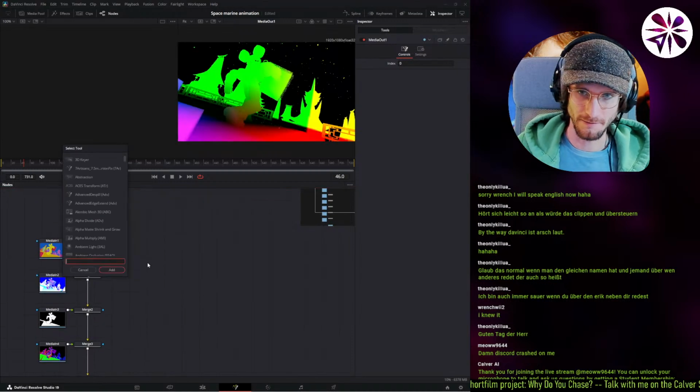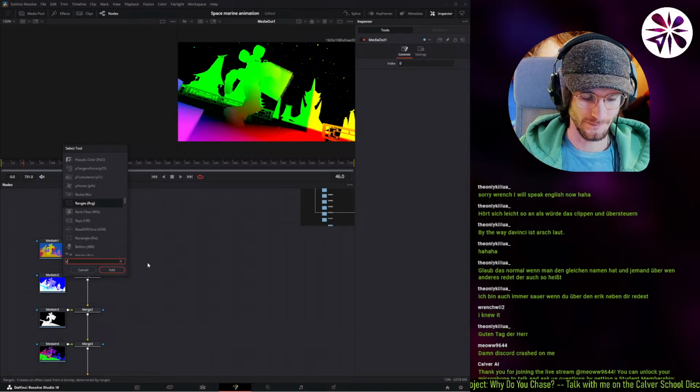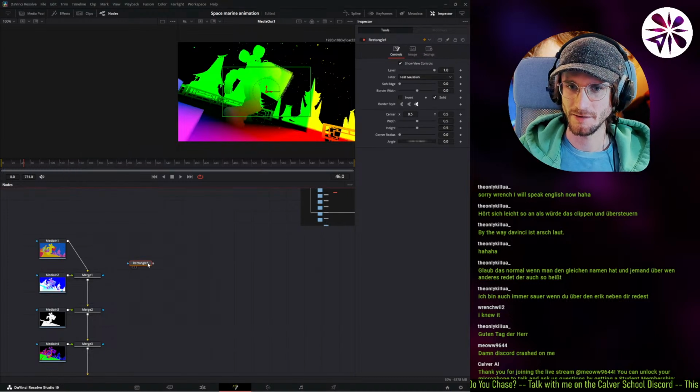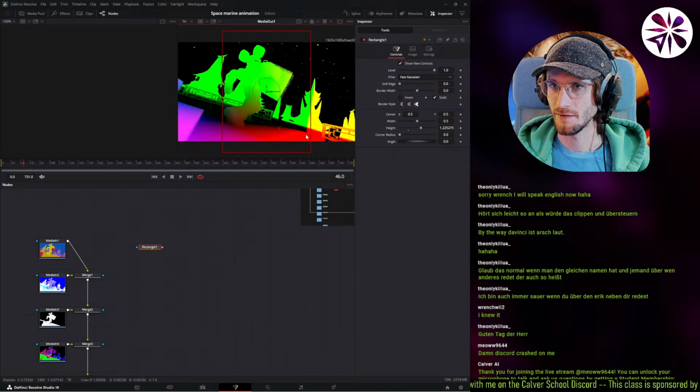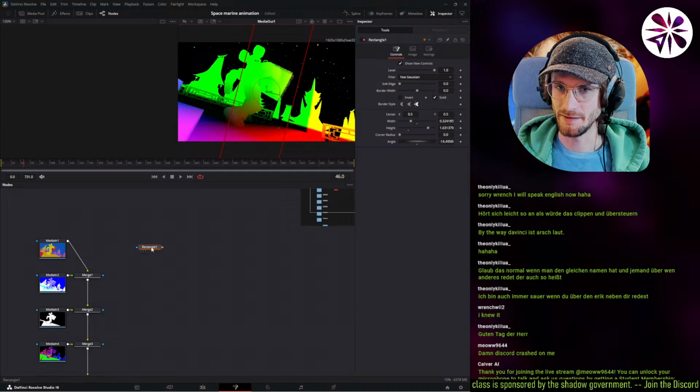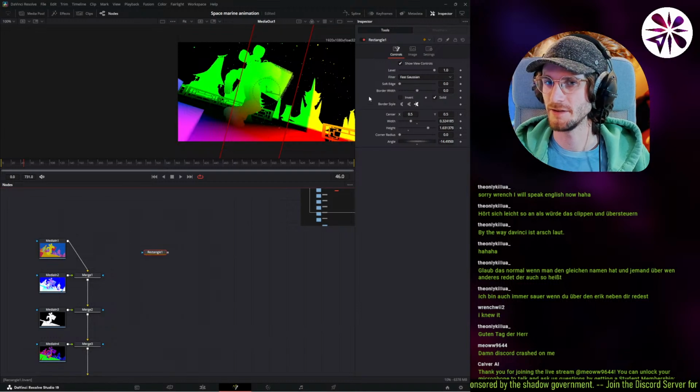So, I need masks. Rectangle mask. And let's do it like this. I also like that when they're a bit slanted, so let's slant them a little bit. And then let's try to automatically animate them